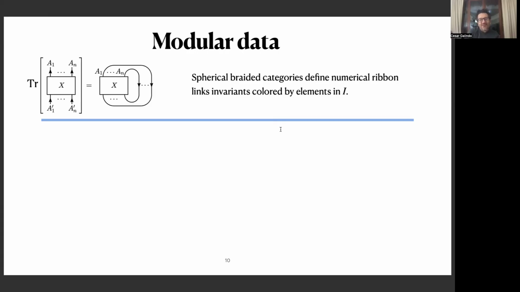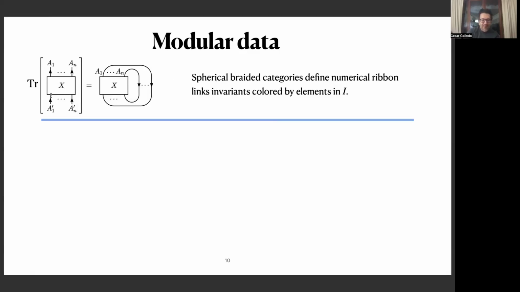So the idea is that when you have a braided category with an additional condition, called being spherical or having a ribbon structure, which are equivalent. To have a ribbon is the same as to have a spherical structure in the case of braided fusion categories. But the point is that if you have this additional structure,